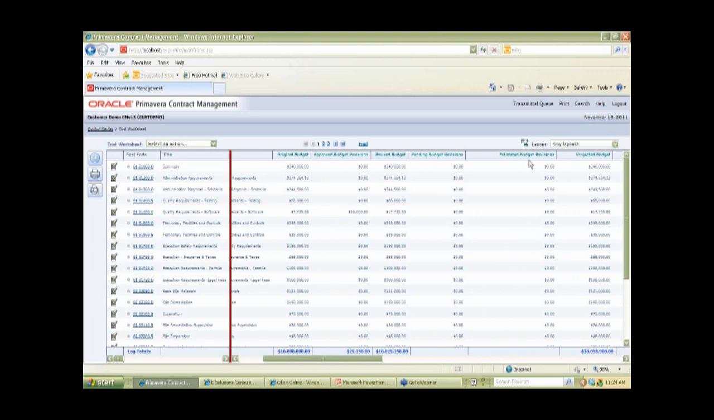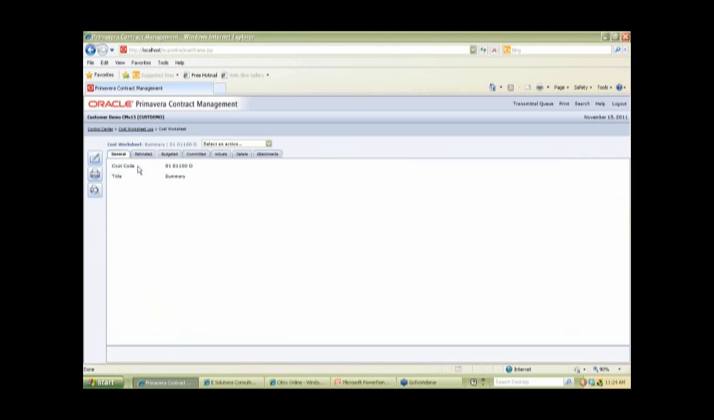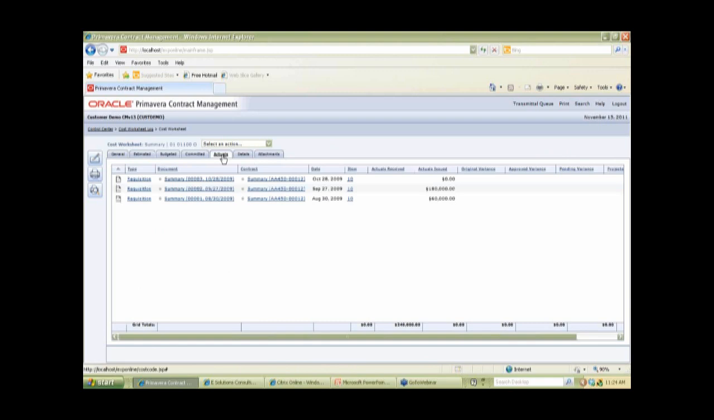What I wanted to show you when we were finishing up with the payment requisition is, if I go into the detail of that particular cost code for the summary cost, and I look at the actuals, I can see here in my payment requisition, here's my requisition against a particular contract. Here's the document related to the requisition. This is what line item that this happens to be billed on. And on payment requisition number 1, dated August 30th of 2009, there's the $60,000 that I billed against that particular